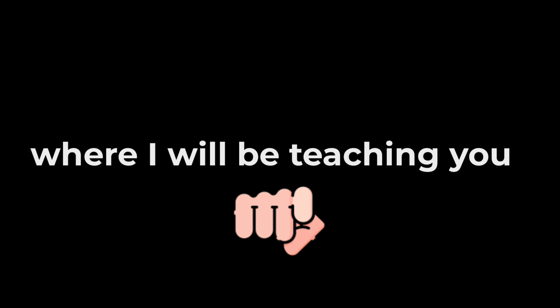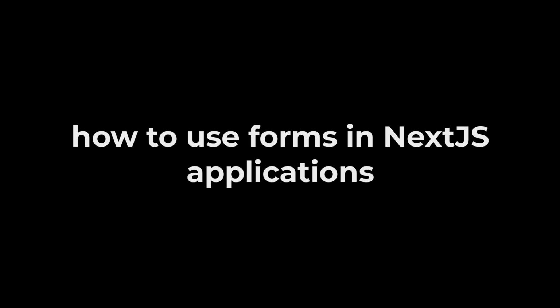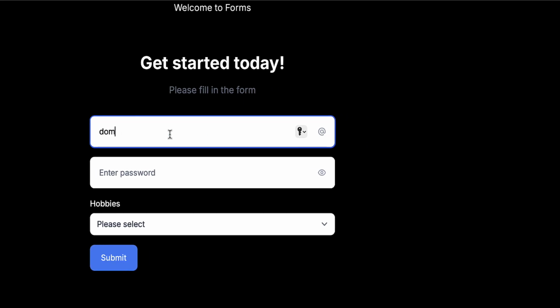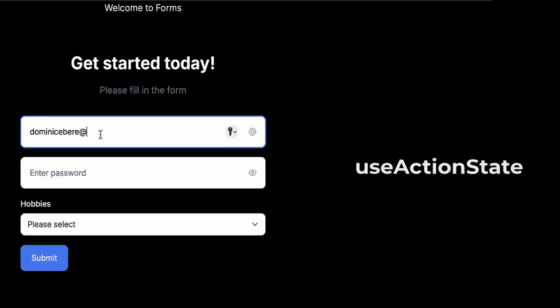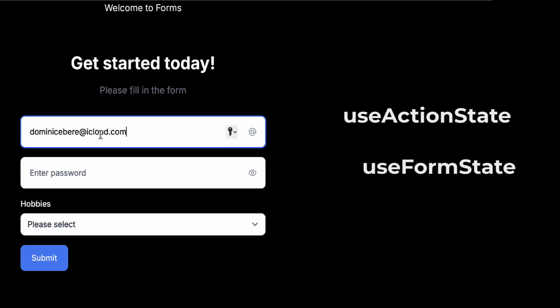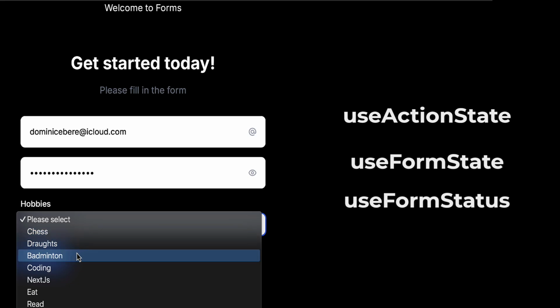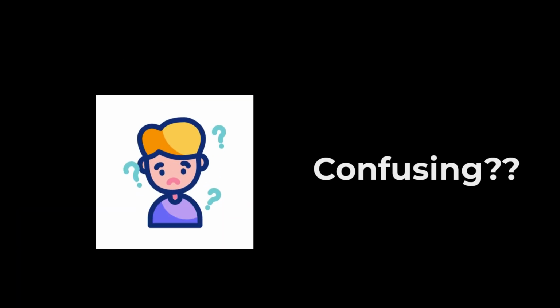Hello friends, and welcome to this NextJS course where I'll be teaching you how to use forms in your NextJS application. In using these forms in your NextJS application, you're going to learn about the useActionState hook, the useFormState hook, and the useFormStatus hook. These are relatively newer hooks in NextJS, and they make our life easier. But a lot of people still find it a bit confusing to use these hooks. So today, I'm going to show you how to incorporate these hooks into your application, and you're going to see